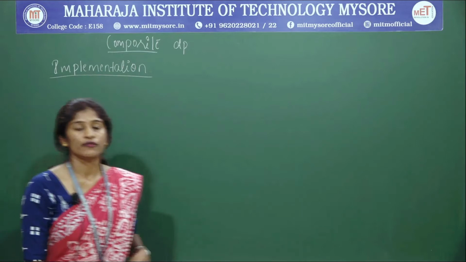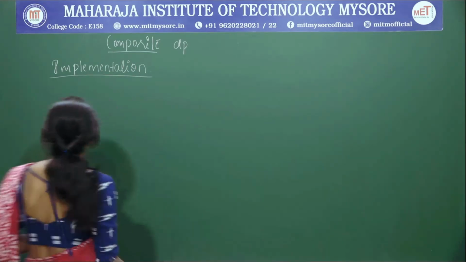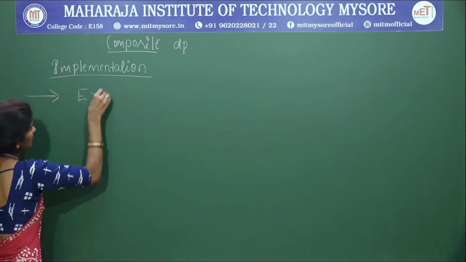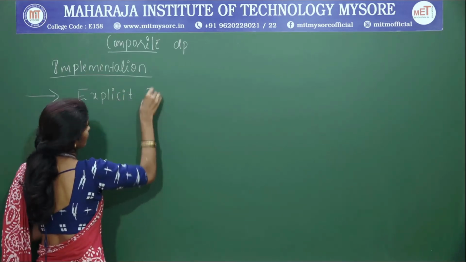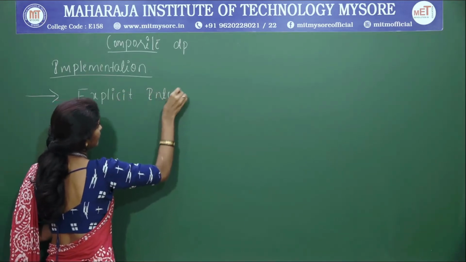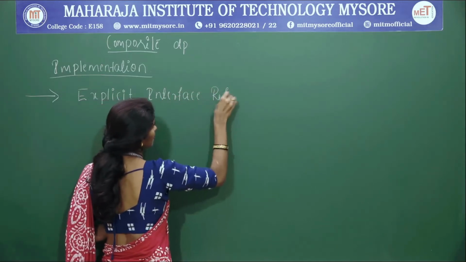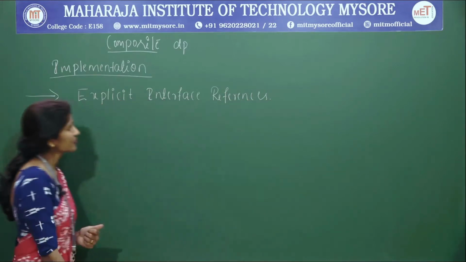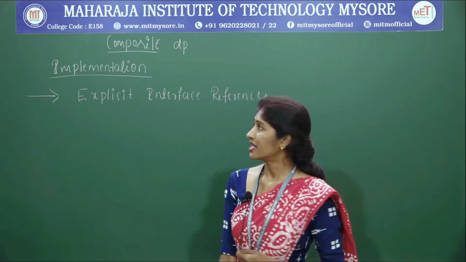So we are going to check out the issues, right? Very first one we'll see is explicit interface references. See, in the first issue he has given, there might be